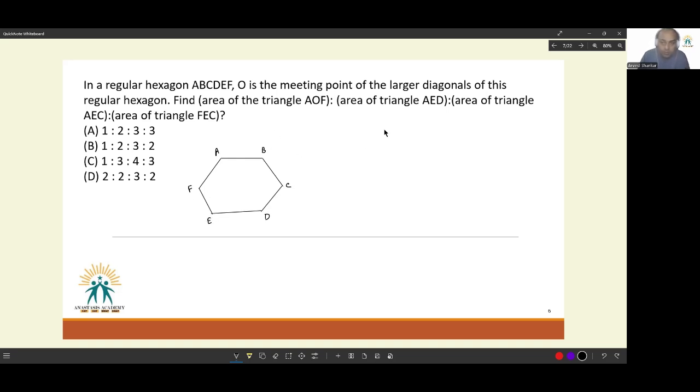Okay, O is the meeting point of all the larger diagonals of this regular hexagon. Remember, a regular hexagon is composed of 6 equilateral triangles. So essentially, the top point of every equilateral triangle, this point is named as O. Now, we're told,